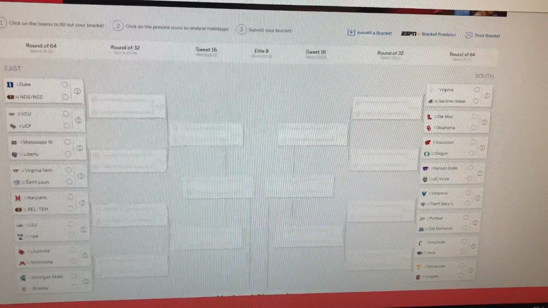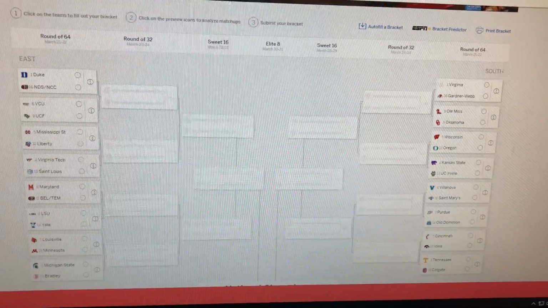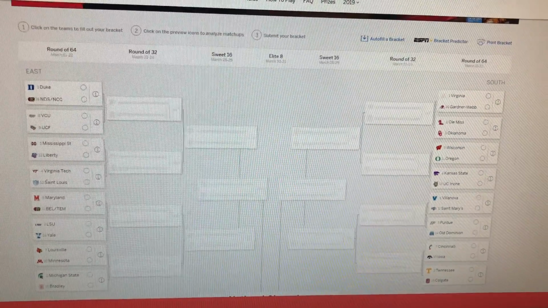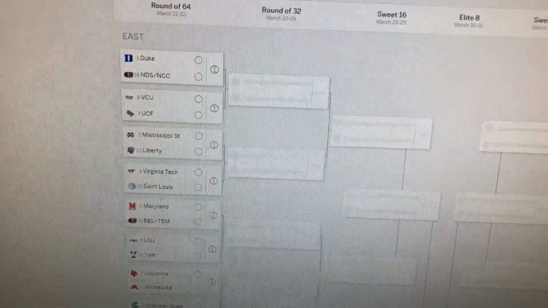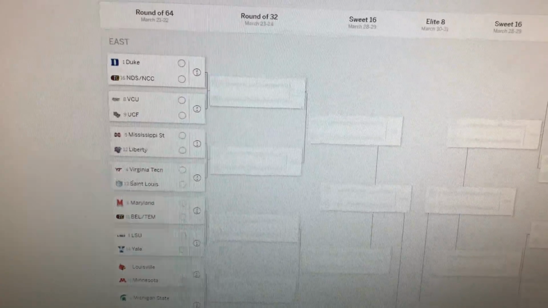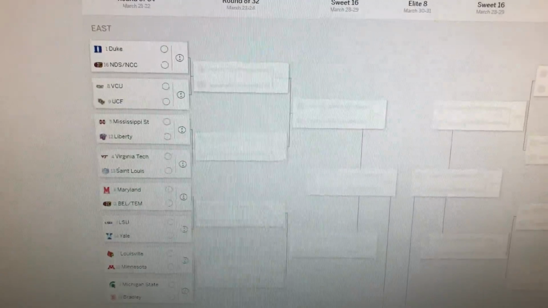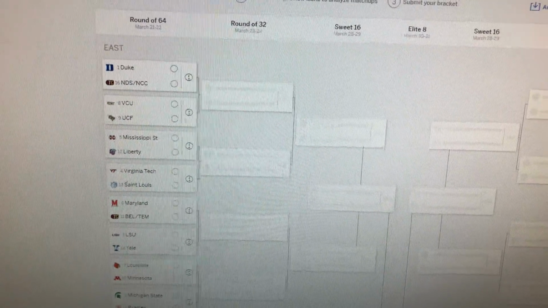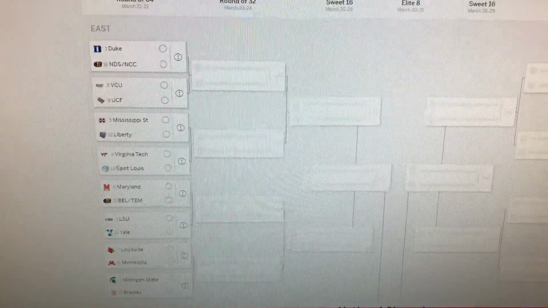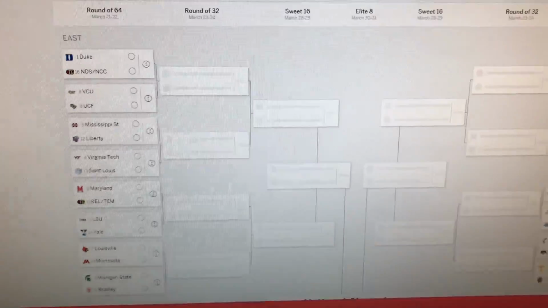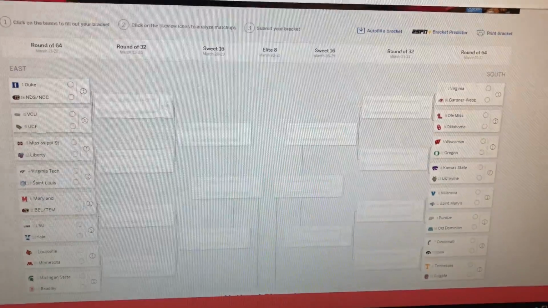Before I get right into it, let me go over what the coin flip is. I flip a coin on Google, and the team on top is heads. If it lands on heads, for Duke and North Dakota State and NC Central, I'm putting Duke forward. If it lands on tails, I'm putting North Dakota State forward. If North Dakota State wins and faces UCF and VCU, even though they're the higher seed, since they would be on top, they would be heads to move on. So that's just a quick little thing about how the coin flip will work. Without further ado, let's get right into it.